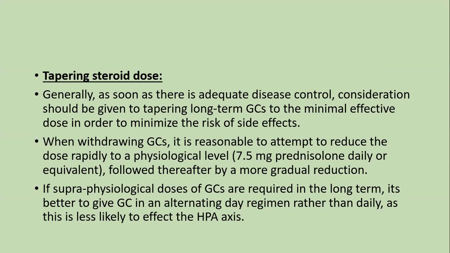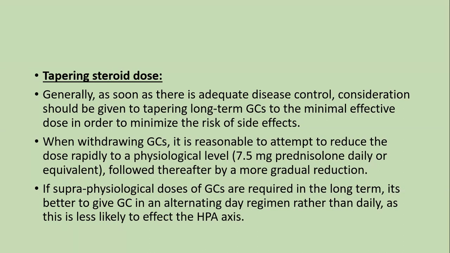So the general rule is that, for example, if a patient is on more than 10 tablets, then once disease control is achieved and there is no new lesion, you can reduce 1 tablet weekly until we reach about 20 milligram. And after that, you can reduce 1 tablet after 2 weeks or 3 weeks